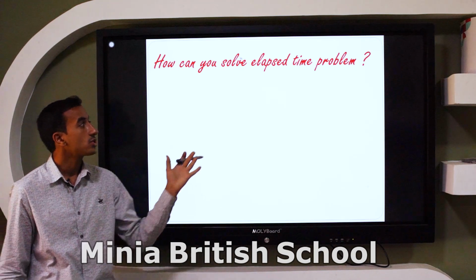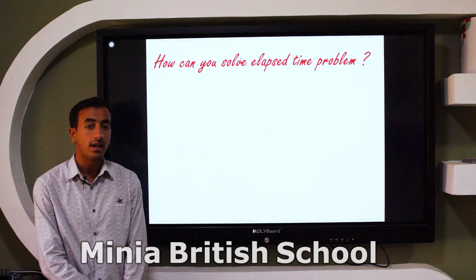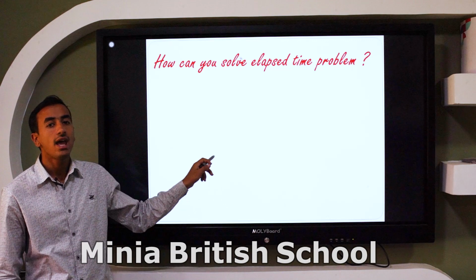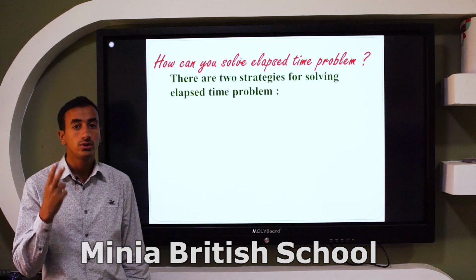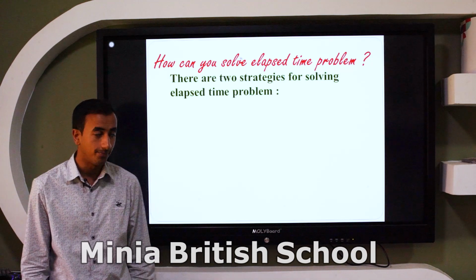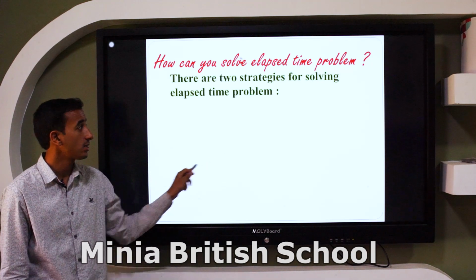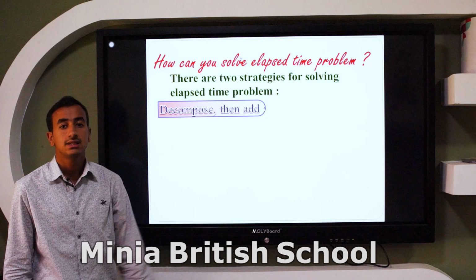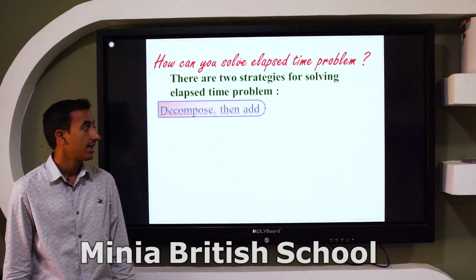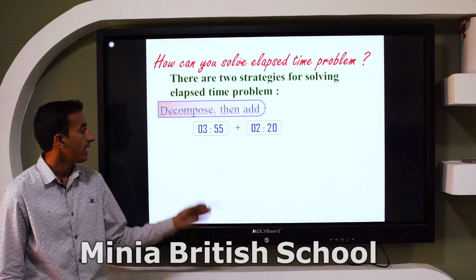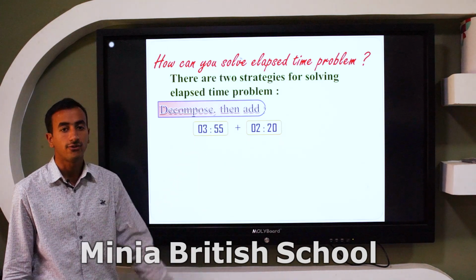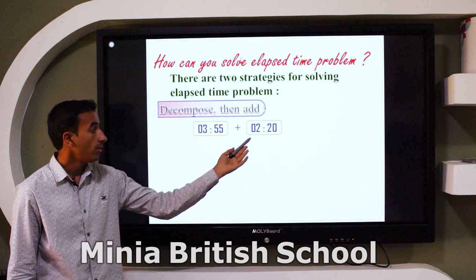So how can you solve the elapsed time in any problem? We have two strategies to solve the elapsed time. The first strategy is called decompose then add. As an example, here we have 3 hours and 55 minutes plus 2 hours and 20